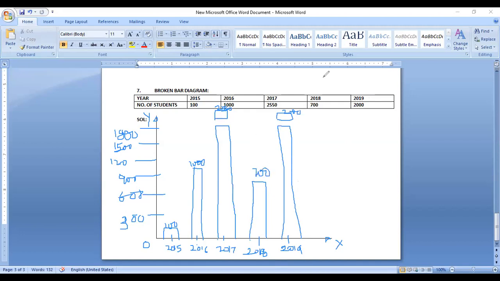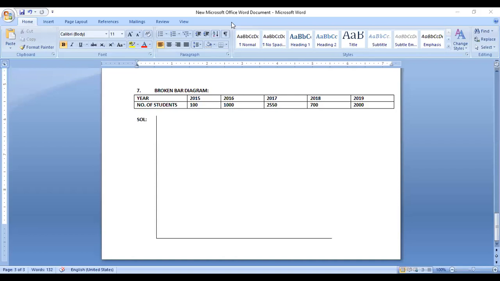So you can see the difference between earlier bar diagrams and this one. There is a break in the bar. So that is why it is called broken bar diagram. So with this, we have completed all kinds of bar diagrams. So you can see till now we have seen